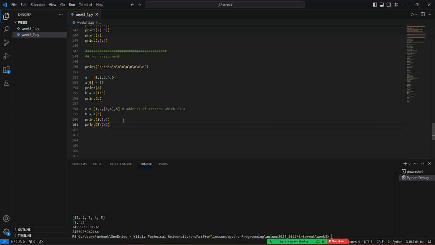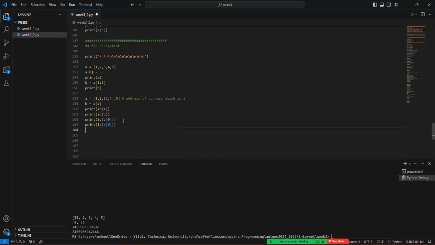But what about this one? id(B[0]) and id(A[0]). What's the output of these things? Yes, the same, because we have only one value 1 on the RAM, but B and A may have different addresses, while the inside value possesses the same address. Okay,